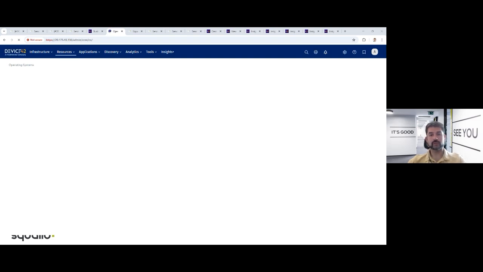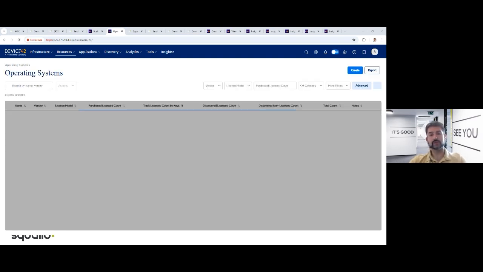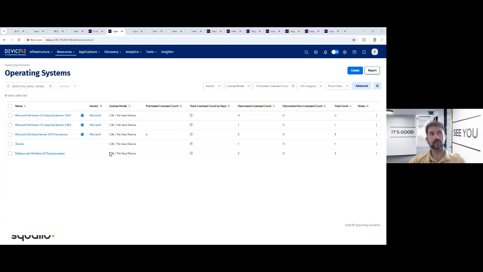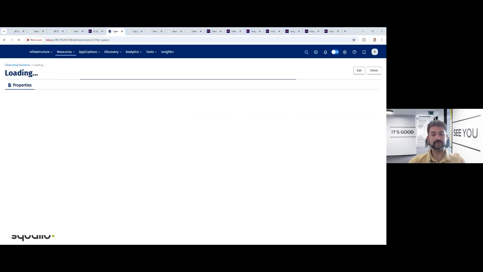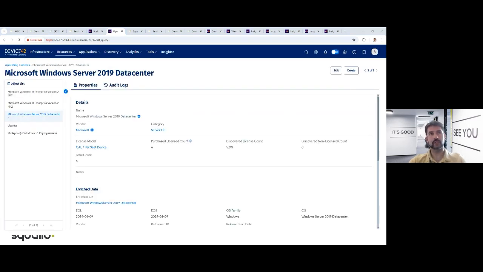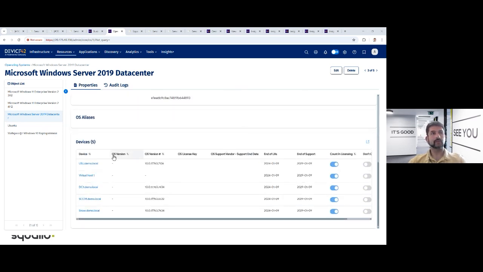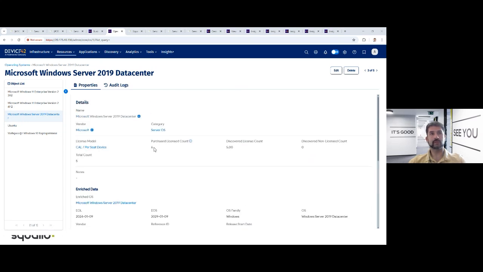Device42, do I have compliance reports for vendors such as Microsoft, Oracle, etc.? So Device42 is not a software asset management tool. Because of that, there are no out-of-the-box software asset management reports, but you can create the reports the way you like. So just as I mentioned previously, you can filter the data coming from software licenses and software discovery just to Microsoft or to Oracle or another vendor, and then create compliance reports. And for instance, here for Microsoft Server Data Center, here is my purchase license count, license model,